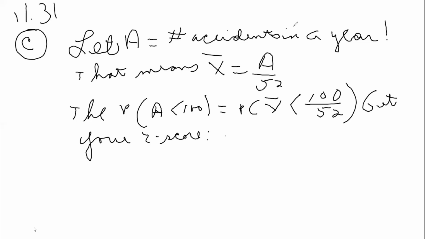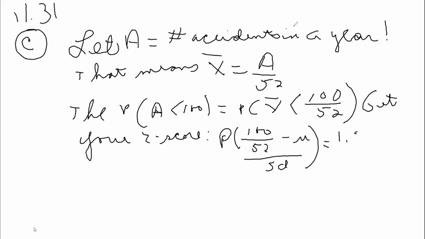And the z-score is the probability of 100 over 52 minus mu. I'm sorry, but yeah, and this is all divided by the standard deviation. It's a little bit more difficult, so you might have to look at this a few times. All this number comes as